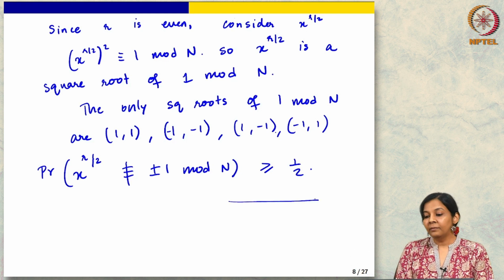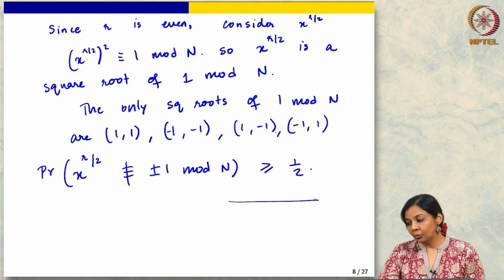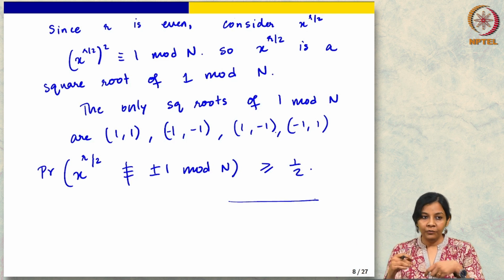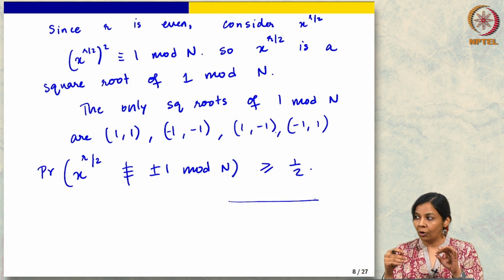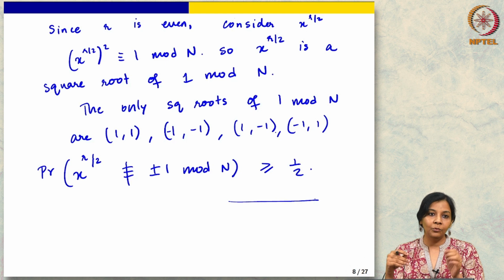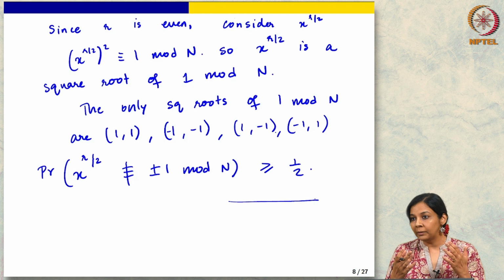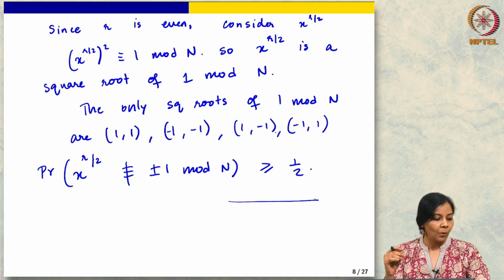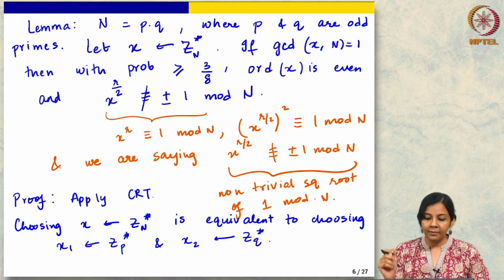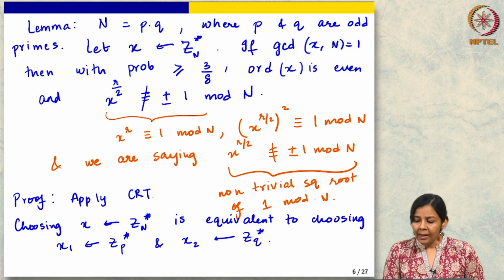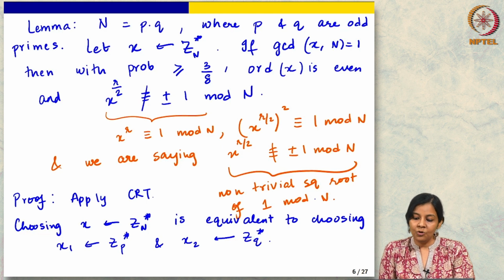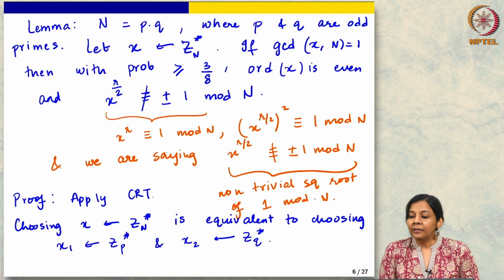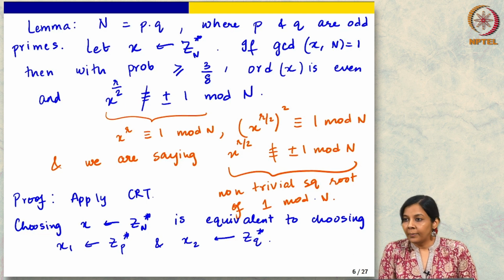So, this gives us an algorithm for factoring. How? Because we showed that factoring reduces to finding a non-trivial square root, and then we showed that finding the order suffices to find a non-trivial square root with good probability, and as usual you can repeat and so on. However, I want you to look at this lemma again, forget the proof of the lemma, and tell me whether you see any problem in using this lemma.